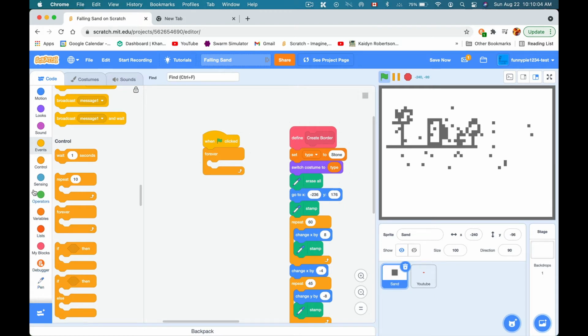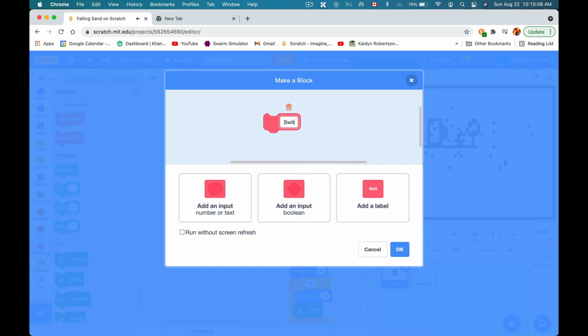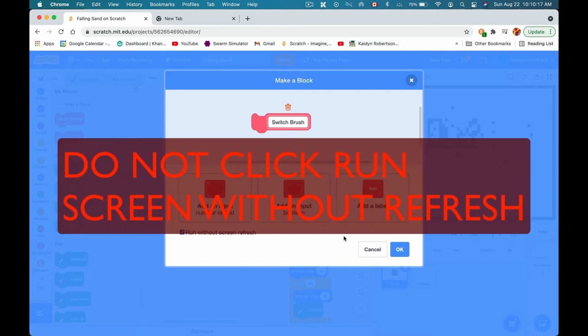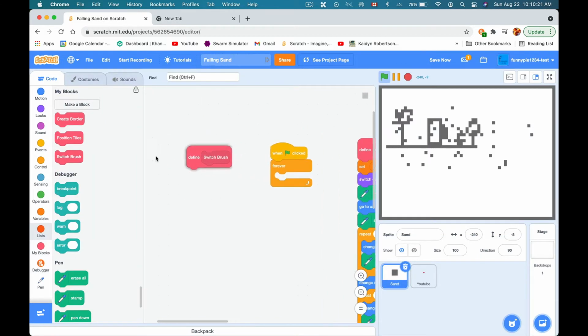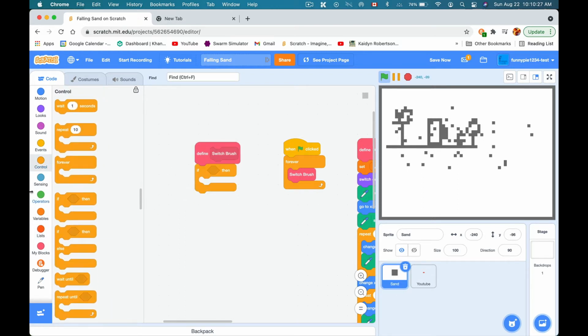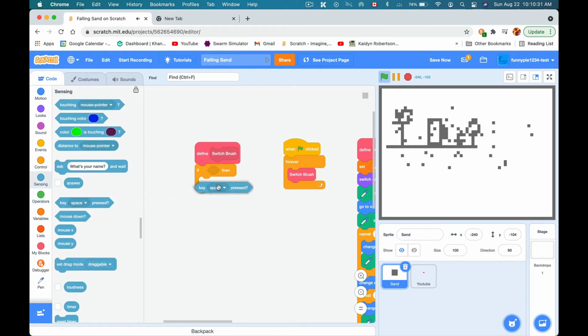Inside, let's create a new block, call it switch brush. That sounds better. You can click the run without screen refresh, and click OK. All right, let's put this inside the forever. Inside switch brush, let's say if key space pressed, then I'm gonna say